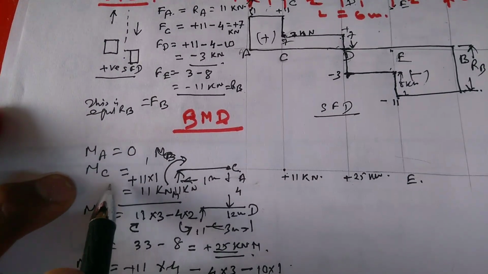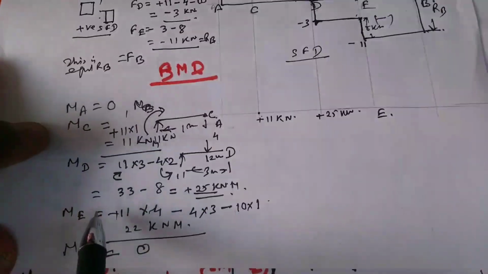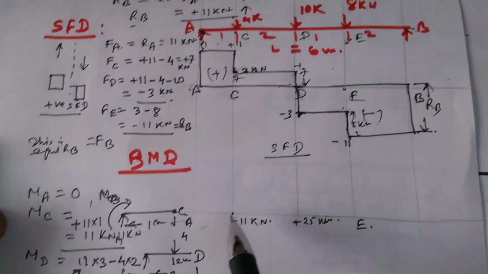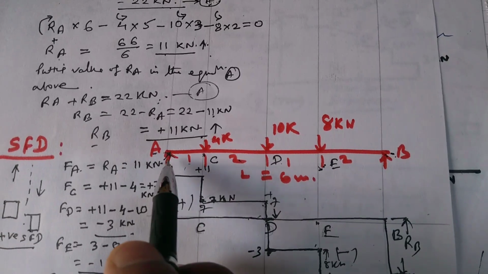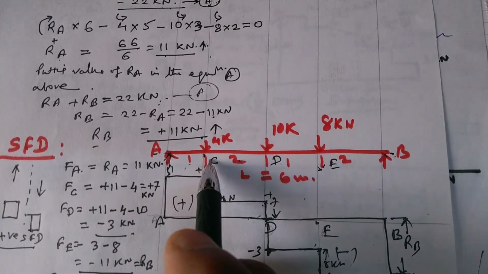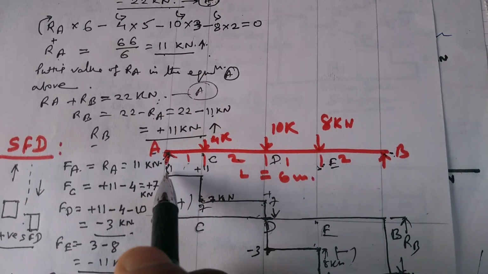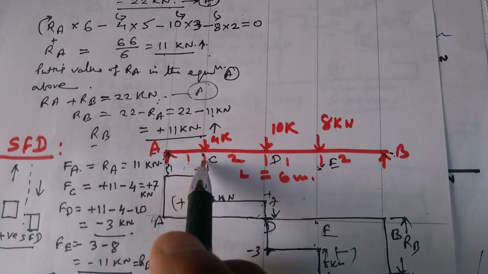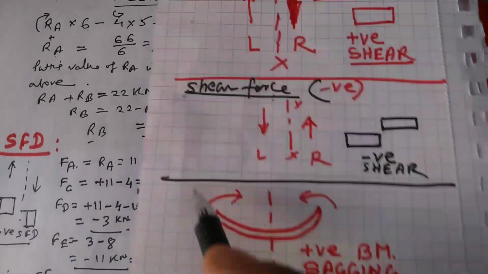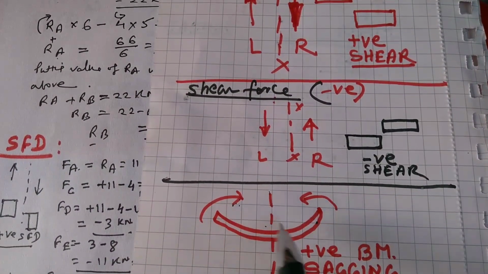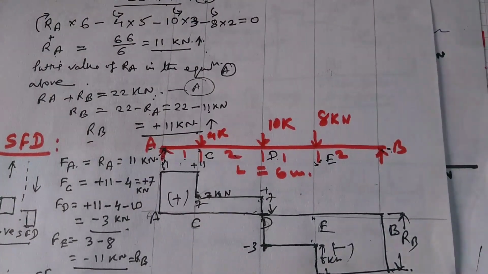And for the bending moment at C, I have already calculated this one, and for your understanding I am just explaining at this end. So bending moment at C equals force into distance. You see, this is the clockwise moment, so it is positive. So 11 kilonewton is the force RA into distance 1. It should be plus due to sagging. This clockwise moment will create sagging. So please remember it. I have already told in the earlier classes.